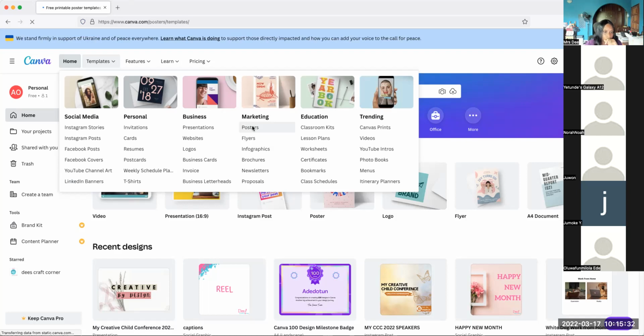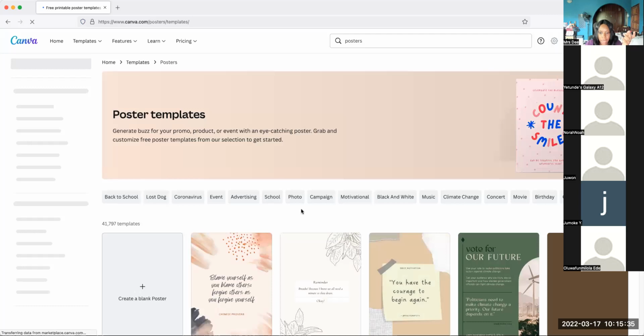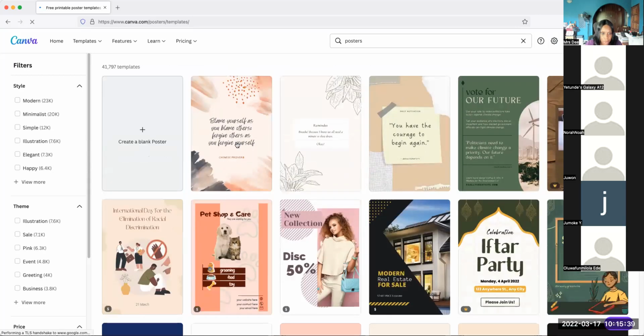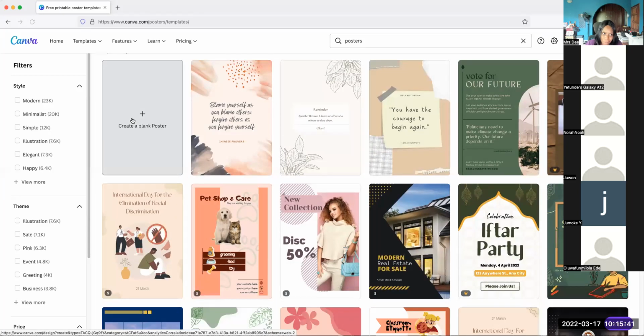Okay, it's loading. So you can do posters, you can do flyers. These are different types. Of course, you can always do the blank version, depending on your level of skill, or you can just take something and then edit it. That depends entirely on you. Okay, so